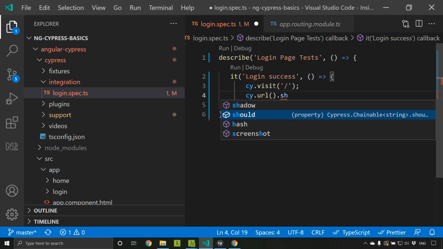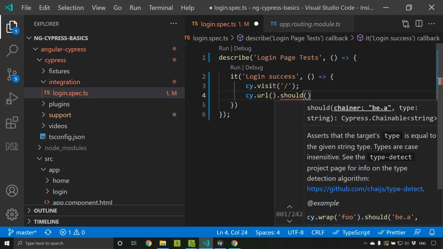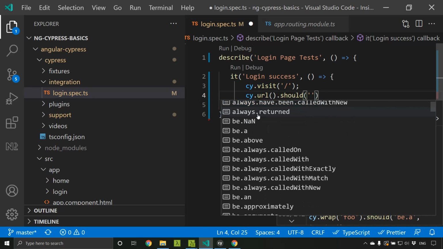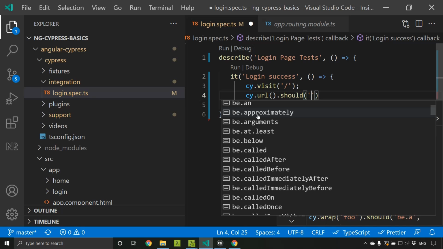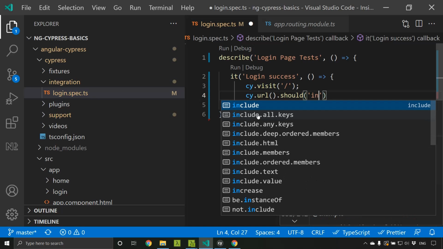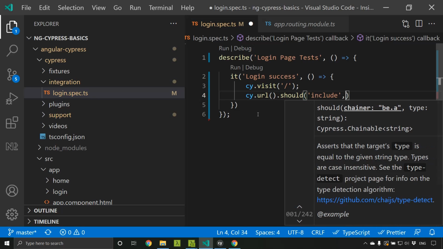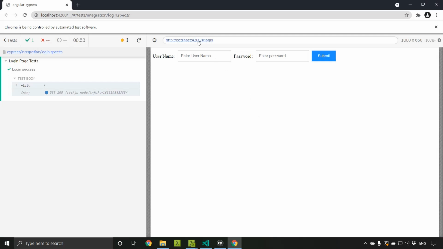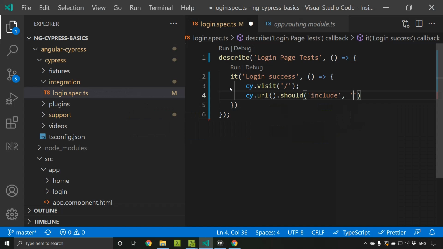For that assertion, we can make use of the should. So here inside the should method, we can give the chainer. A lot of options are automatically suggested. What I am going to give now is the include. So I am checking whether the current URL includes the /#/login, the login URL part.